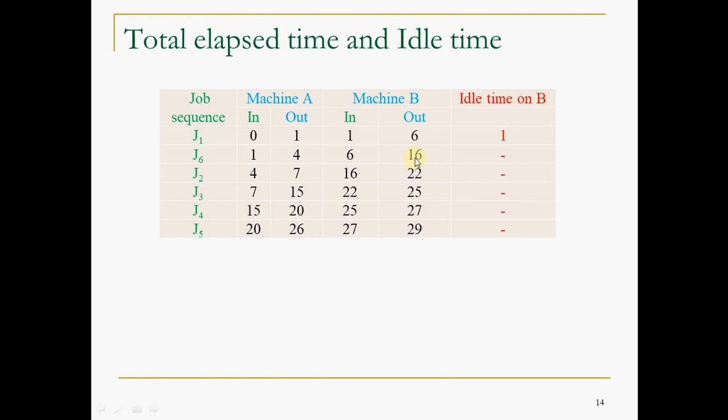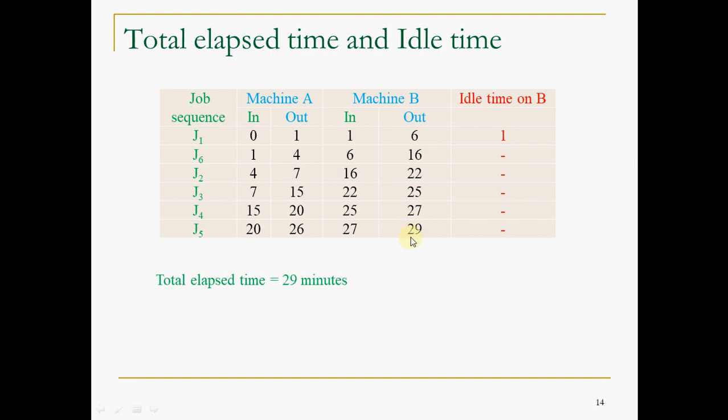See why? See 16, 16. Immediately after completion of this, machine A is giving the job to machine B. Hence machine B will never wait, except in the beginning as per this sequence, or as per the data given. 16, 16, 25, 25, 27, 27, like this. Now coming to the total elapsed time, it is 29 minutes.